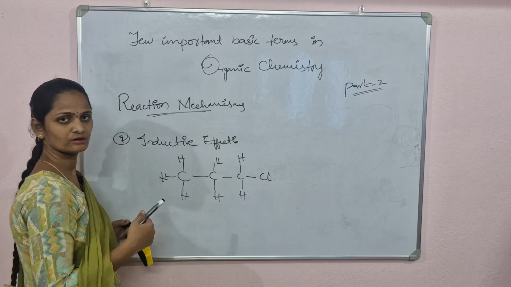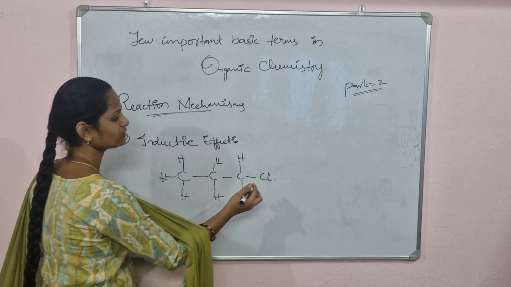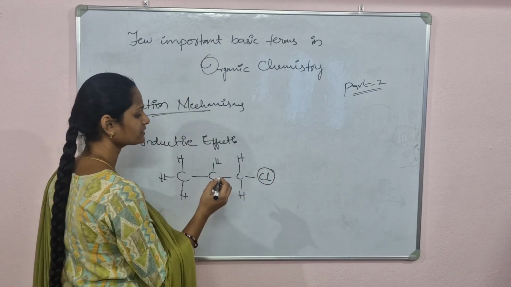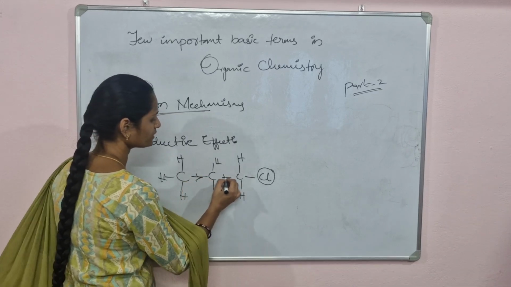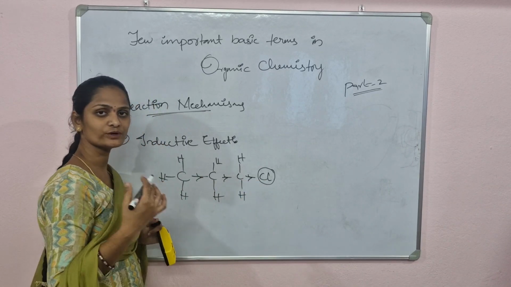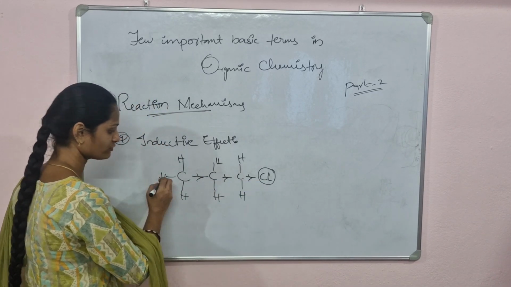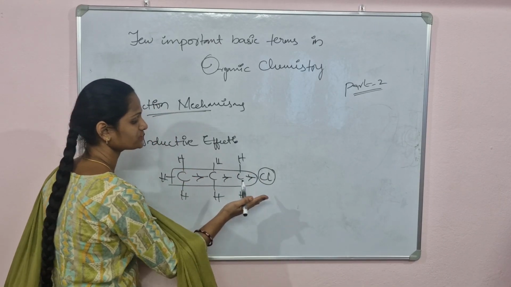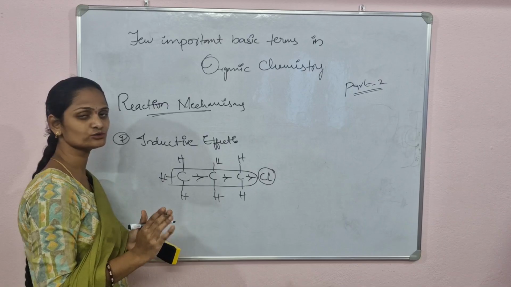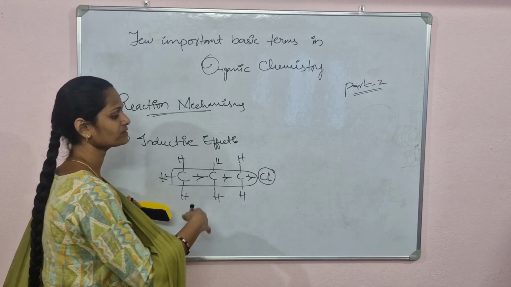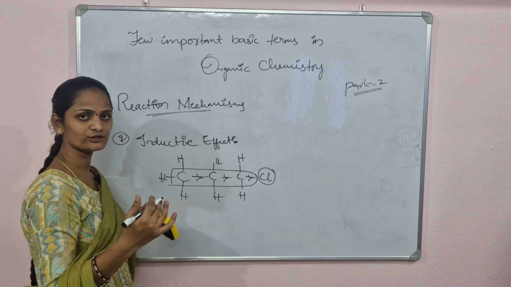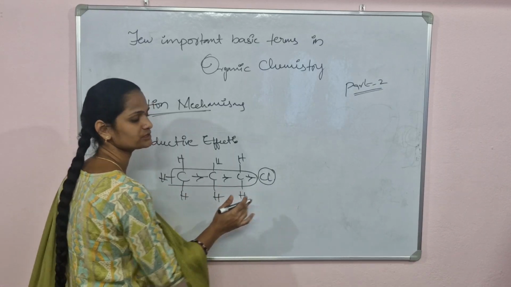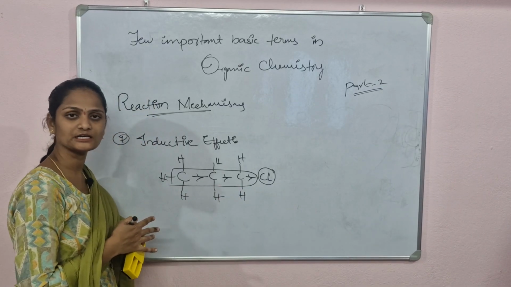See, in this, chlorine is present. It is a highly electronegative group. It tries to attract the electrons towards its nucleus. So this effect means the effect of attracting the electrons towards it. But it is not trying to get detached from the molecule, it is trying to get stable. For further stability, the inductive effect is present. This type of effect is called the inductive effect.